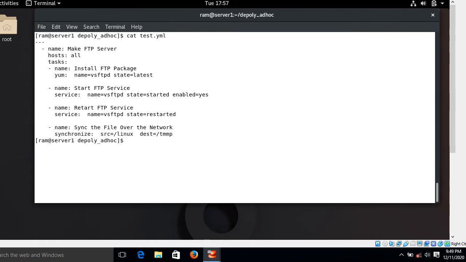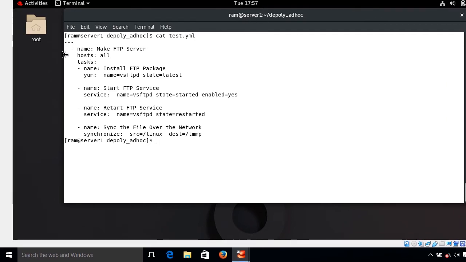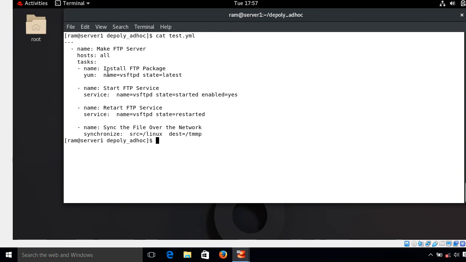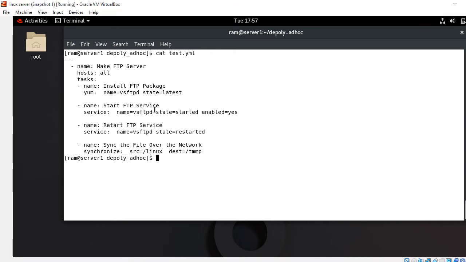So guys, let's understand the playbook tasks first. Here I have mentioned a play name, like simple make a FTP server. I want to execute this play on all hosts, so I just mentioned all. Then I have mentioned a few tasks. The first one is install the FTP package using the yum module. The second one is start and enable the FTP service using the service module.